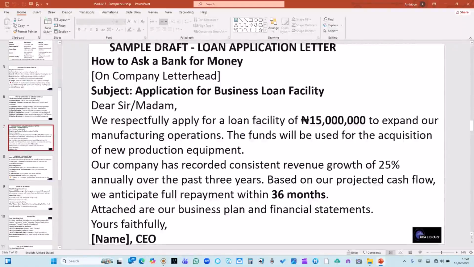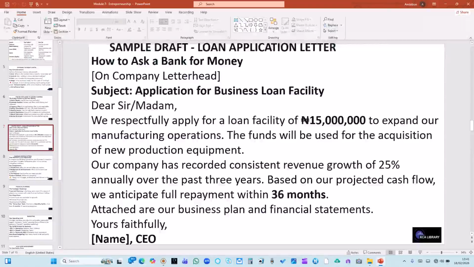Now let us look at a simple draft, that is a loan application letter. How to ask the bank for money on company letterheaded paper. Now look at this. This is a drafted loan application. The subject is application for a business loan facility. The letter reads, Dear sir or madam, we respectfully apply for a loan facility of 15 million naira to expand